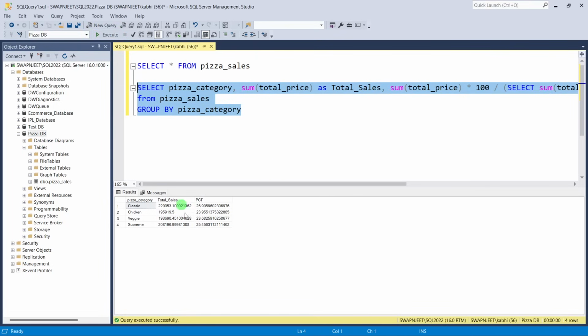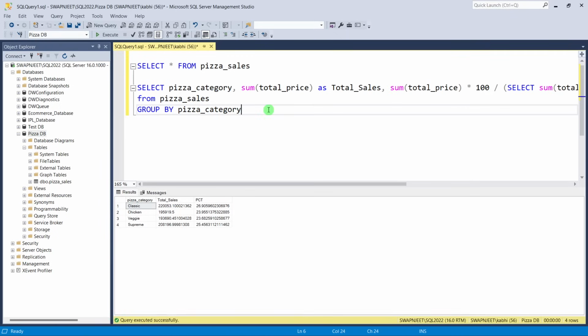Okay, so you can see if you want the total sales as well, you can get the total sales over here. All right. Now one more important point which I forgot to mention. If you want to filter the data, this is the static query which gives the result for the entire data set available with us. But if you want to filter this data for, let's say,